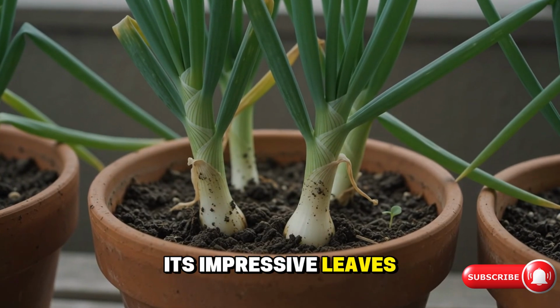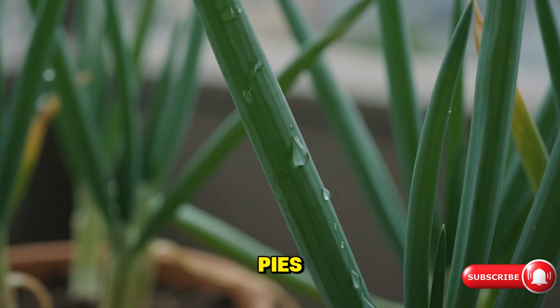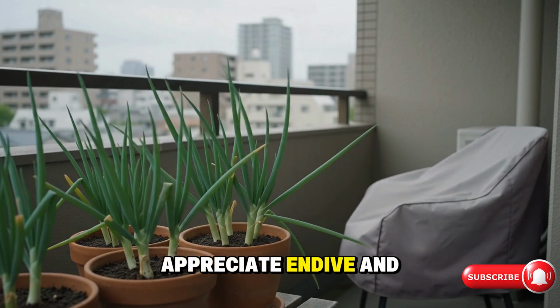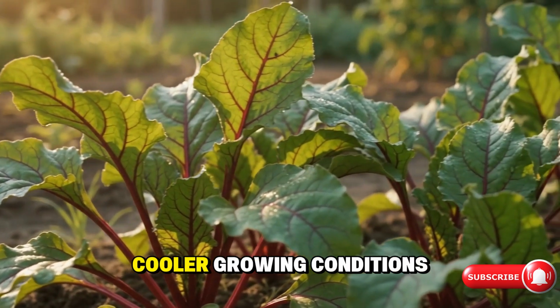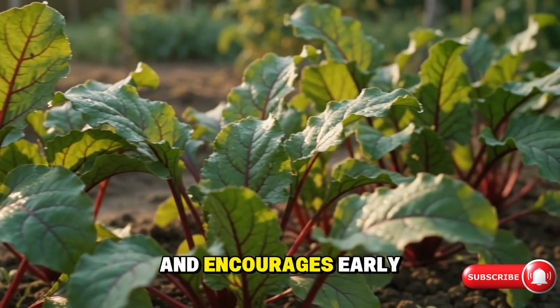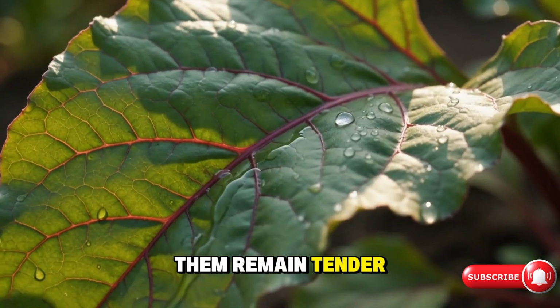Its impressive leaves add beauty to the garden, while its tart stalks become delicious pies, jams, and desserts. Salad lovers will appreciate endive and arugula, both of which benefit enormously from cooler growing conditions. Excessive heat makes their leaves bitter and encourages early flowering, but partial shade helps them remain tender and enjoyable for